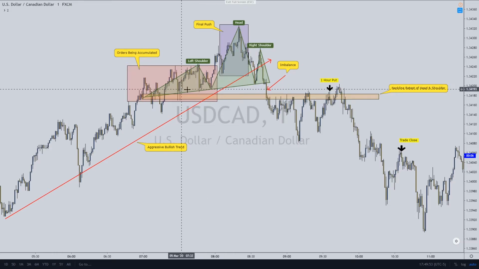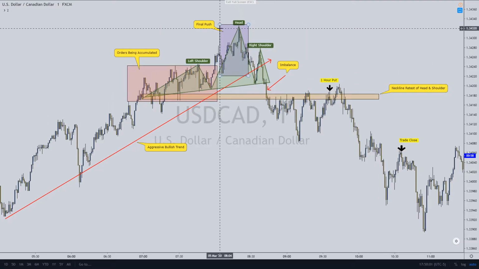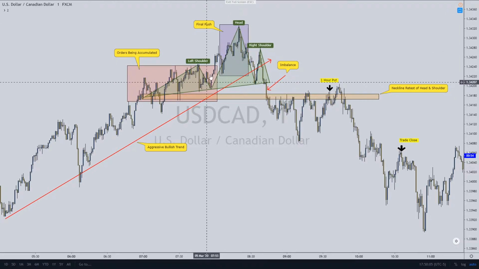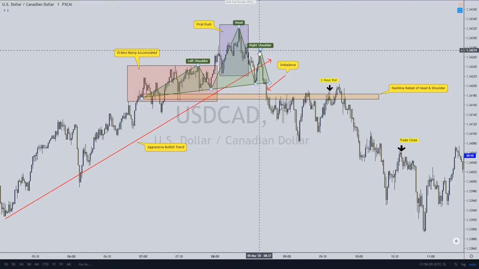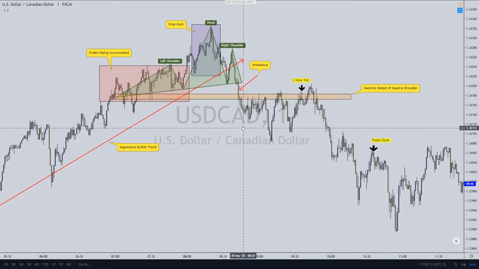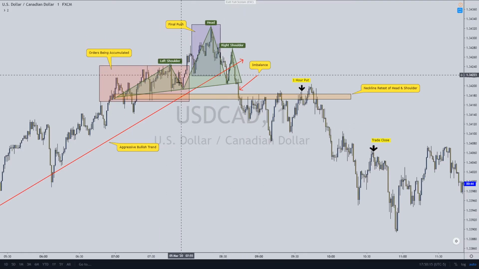It basically means that there's not enough buyers or sellers in the market at this current time to push price in a certain direction, and then we finally get that final push right here that I have marked up, which also creates the head of our head and shoulders, and then we get this drop, and then of course the right shoulder, and then price tanks. And you guys know me, I like to take the trade off the neckline retest of a head and shoulders,